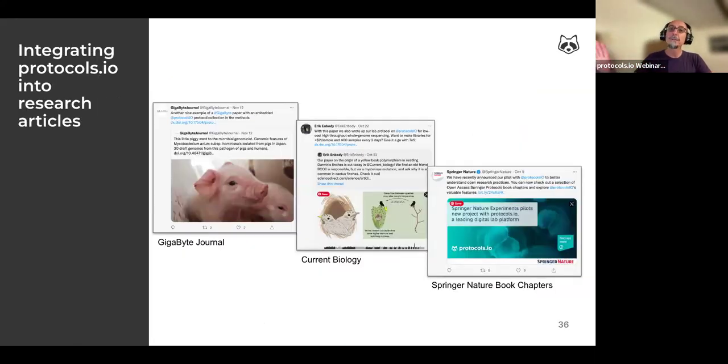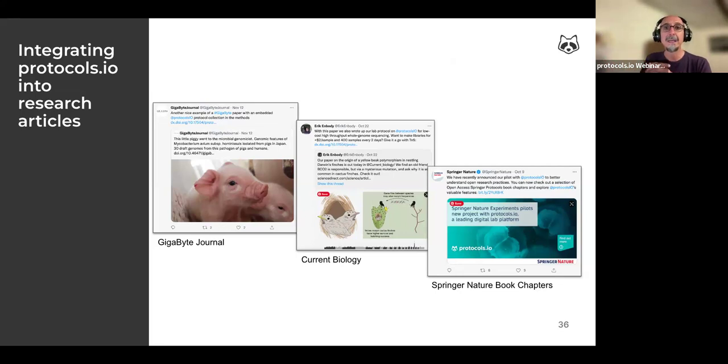But these are just some examples of papers that are published and the journals promoting posting of the detailed protocols in protocols.io. And this is the kind of modular publishing that we have started seeing more and more, where the paper is the centerpiece. It is the story, but you have data in NCBI, Open Science Framework, or other appropriate repositories.